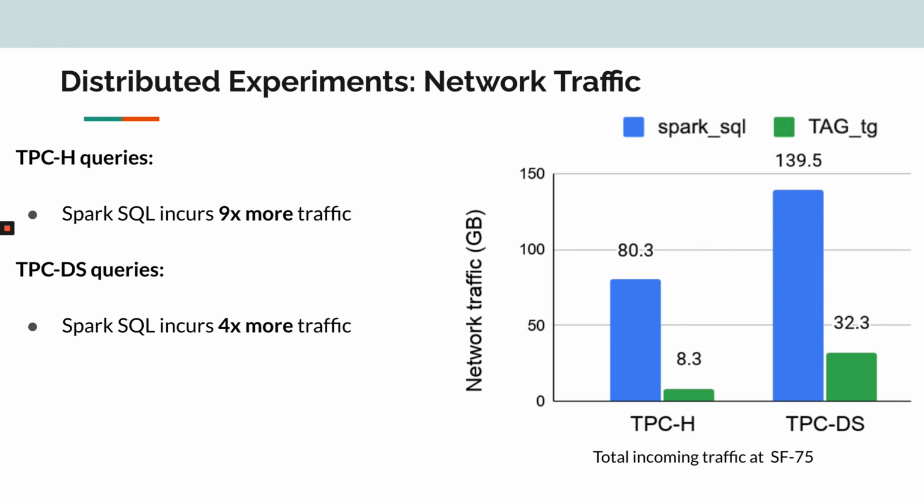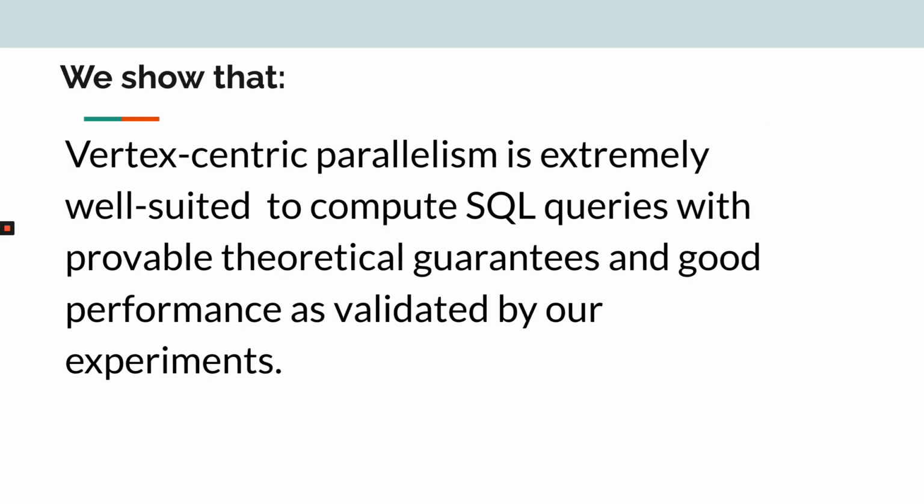We also measured the total network traffic, and as you can see, TigerGraph incurs a lot less traffic than Spark SQL on both TPCH and TPCDS queries, since with tag join we avoid shuffling and broadcasting of relations that Spark SQL does. And so in summary, in this paper we have shown the potential of vertex-centric parallelism to evaluate